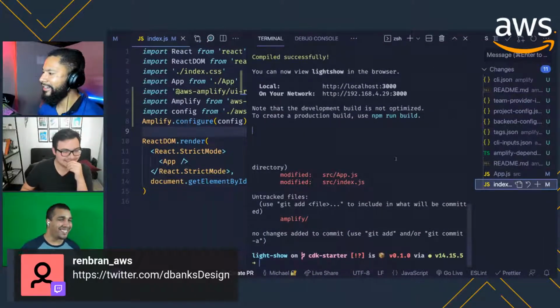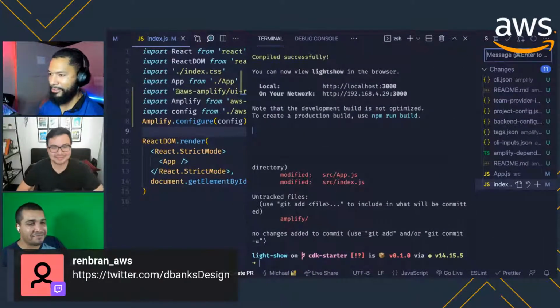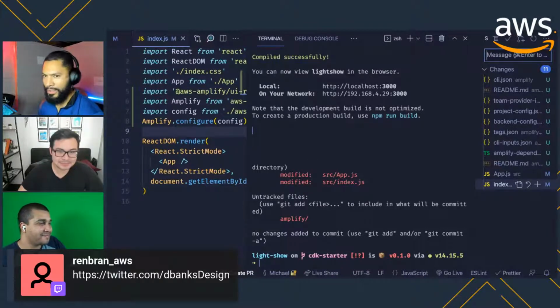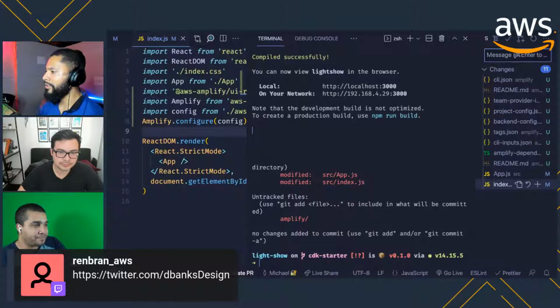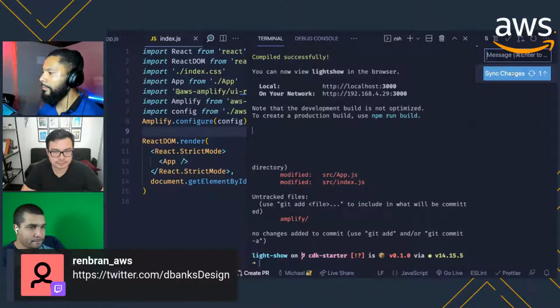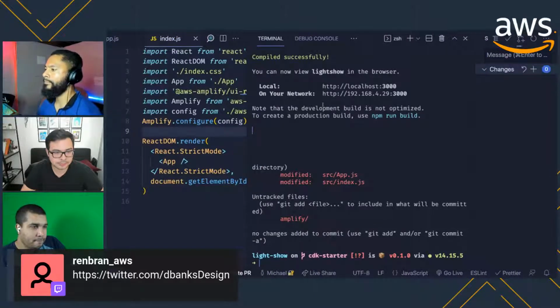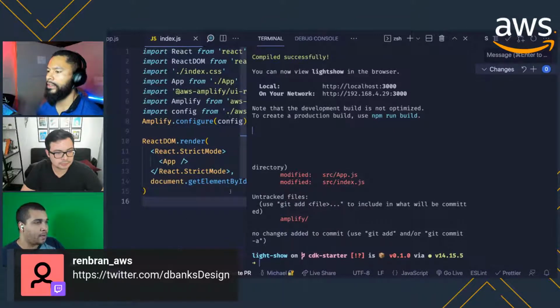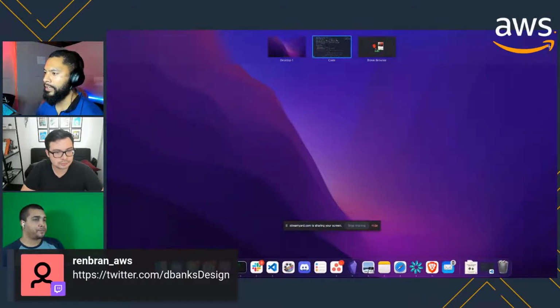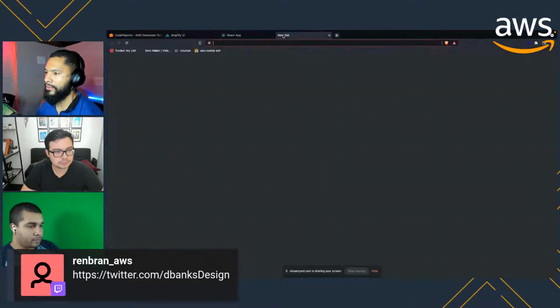Let's see here. I'm going to actually push this up live, so that if you did want to log in during the show, you can change this as well. So we'll say add light config. Sync it up. Perfect. And this repo, what is this? CDK starter. Got it. If I go to the console, the Amplify console,